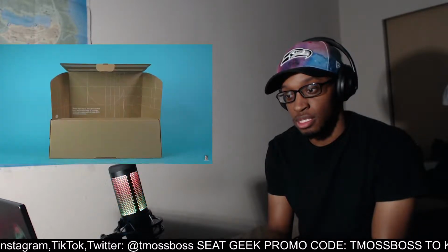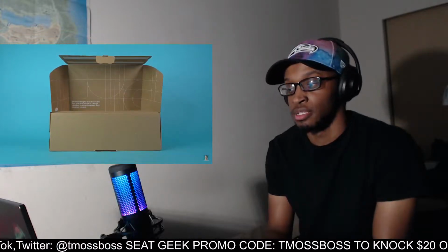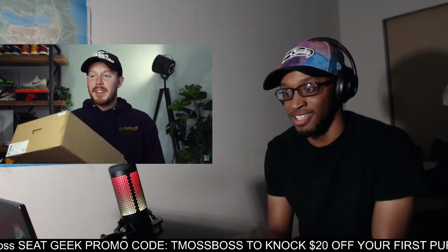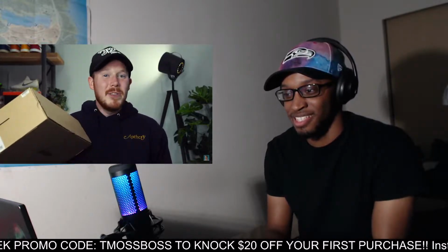Now, in my case, I didn't get them in this box. I got them packed in a second box because I ordered these shoes from GOAT. But if you order them directly from Nike, the packaging is just this. It also doubles as a shoebox. Hopefully it doesn't get wet, because that's literally the shoe box. You are shipping the shoes in the shoe box, which is something that a lot of resellers don't like. I don't like when I receive shoes in just the shoe box, but that's Nike's new strategy